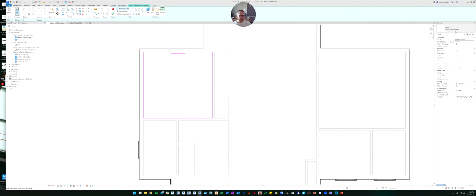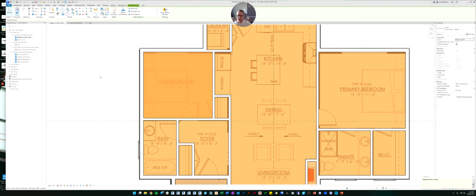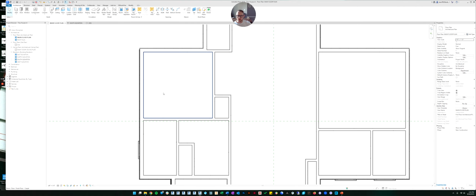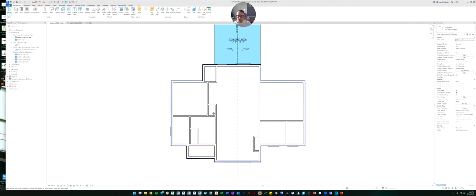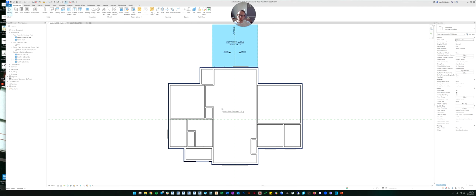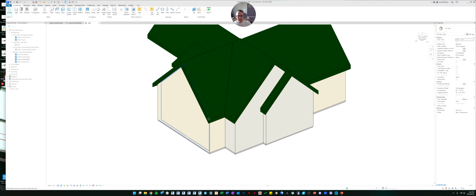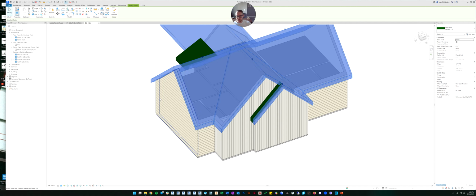All right, so now we're back at our sketch. We've made our carpet, and now we can finish the sketch. And it's going to give us an error that says the highlighted floor overlaps with another floor. So let's see what it's talking about. The only way we can really see what's going on is to look at it in 3D. So let's look at it in 3D. Let's hide our roof temporarily.